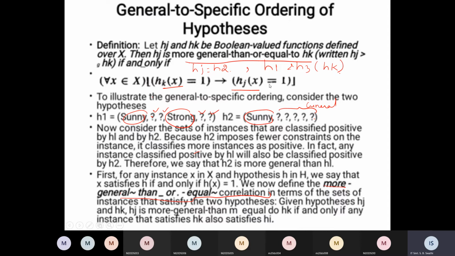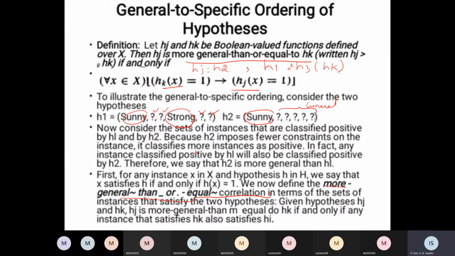Given a hypothesis, we can identify what is a specific hypothesis and what is a general hypothesis by comparing them only. Without comparing, you cannot say. If you want to correlate two hypotheses, you have to compare their attribute values, and you have to say with respect to which hypothesis that particular given hypothesis is general or specific. So that is about this concept. Based upon the fixed values only, you can say whether it is general or specific to the second hypothesis.